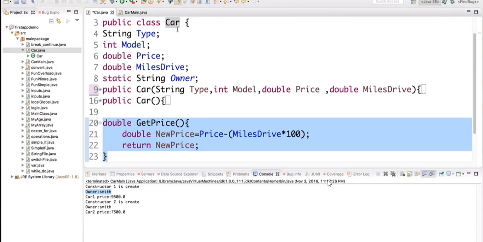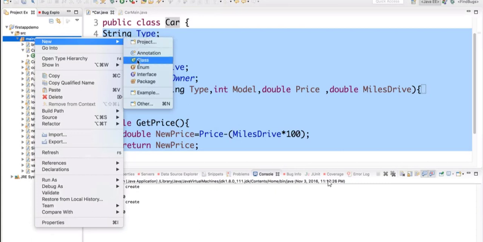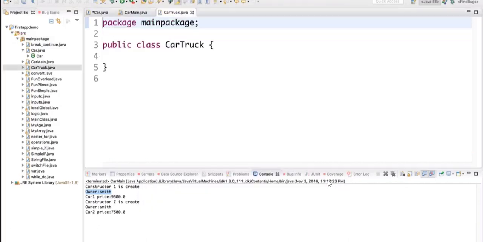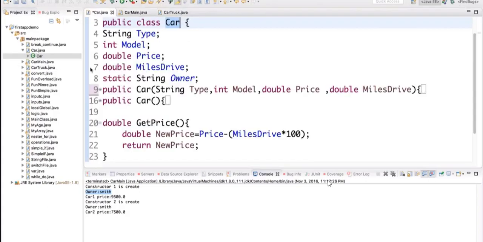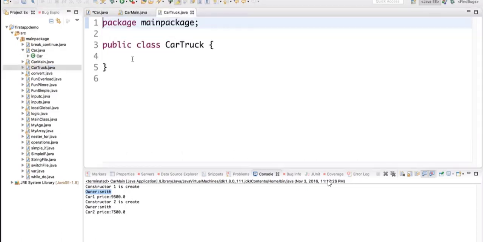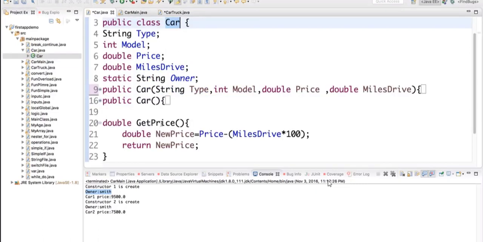Imagine you have trucks. Trucks are big cars. They have all this information, in addition to the number of trucks that this truck could have. So let me suppose I have a new class, and I call it CarTruck this way, and this CarTruck could have all the information of the normal car. So let me go to the normal car. I say it has all this information, all these properties, and this CarTruck also has this method,